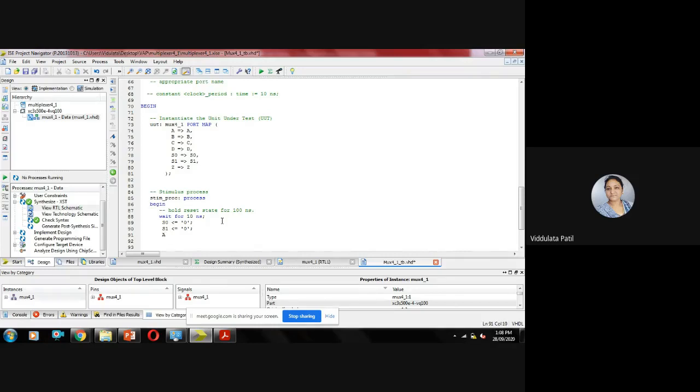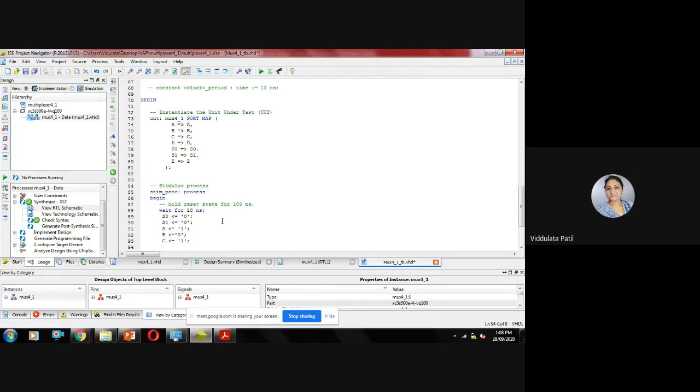Then let us make A equal to 1, B equal to 0, C we are going to assign as 1, and D is 0 again. So what we did: S0 and S1 both 0 0, A equal to 1, B equal to 0, C equal to 1, and D equal to 0.